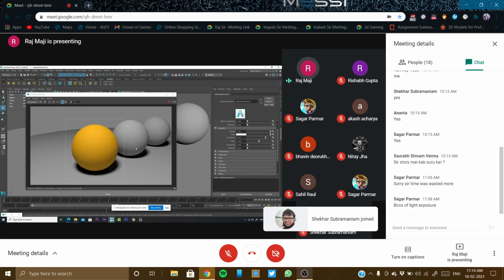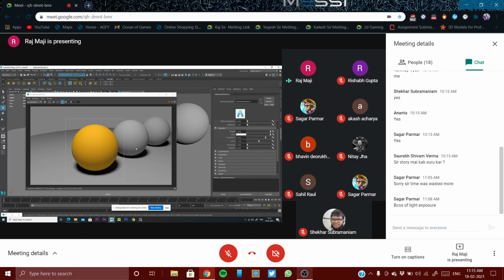Remember, in this world, no surface is 100% matte. Each and every surface will have a little bit of reflectivity on it. Reflectivity means shininess will be there. Some matte surfaces will have only this much, barely visible, and some you cannot distinguish the bright area from the dark area, the entire surface will look the same.